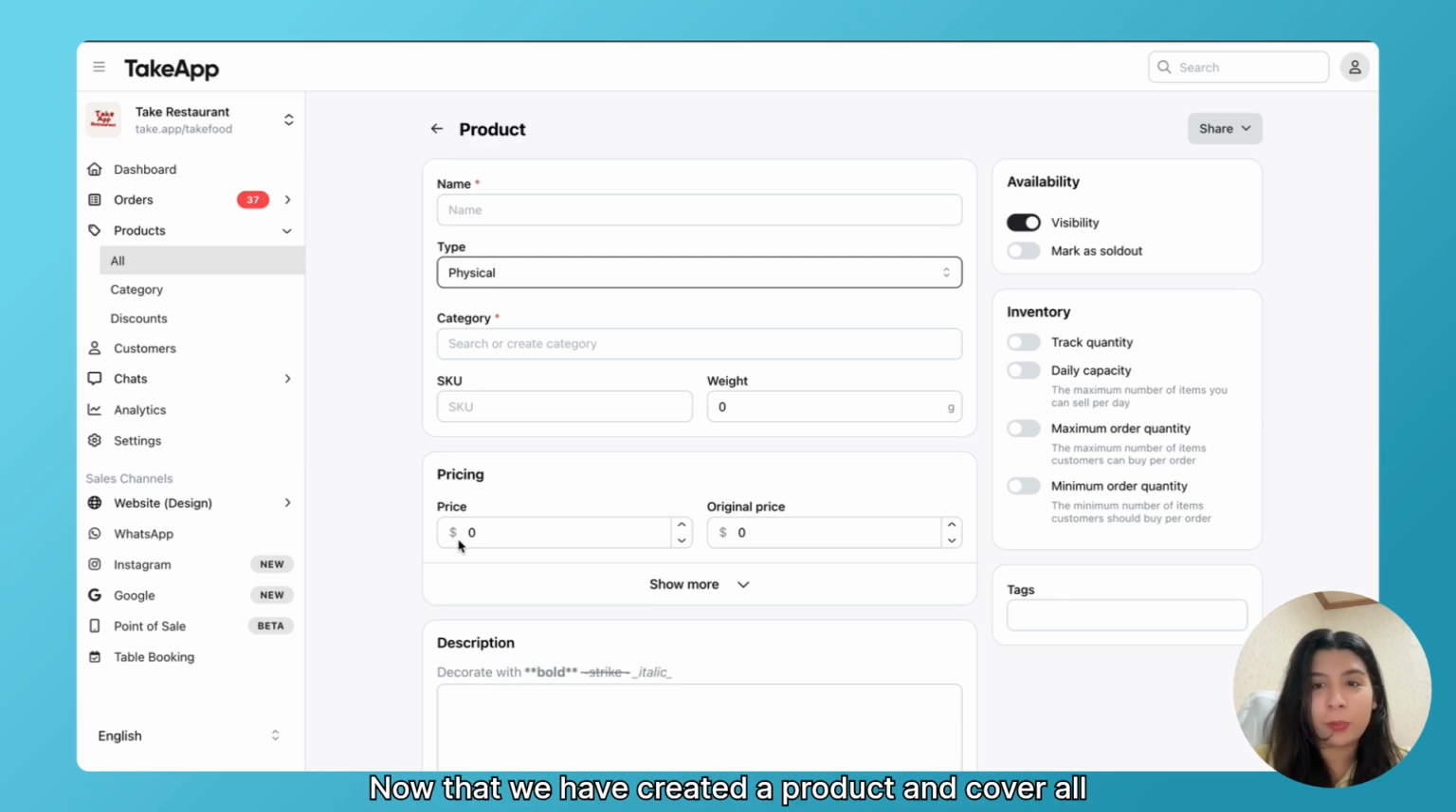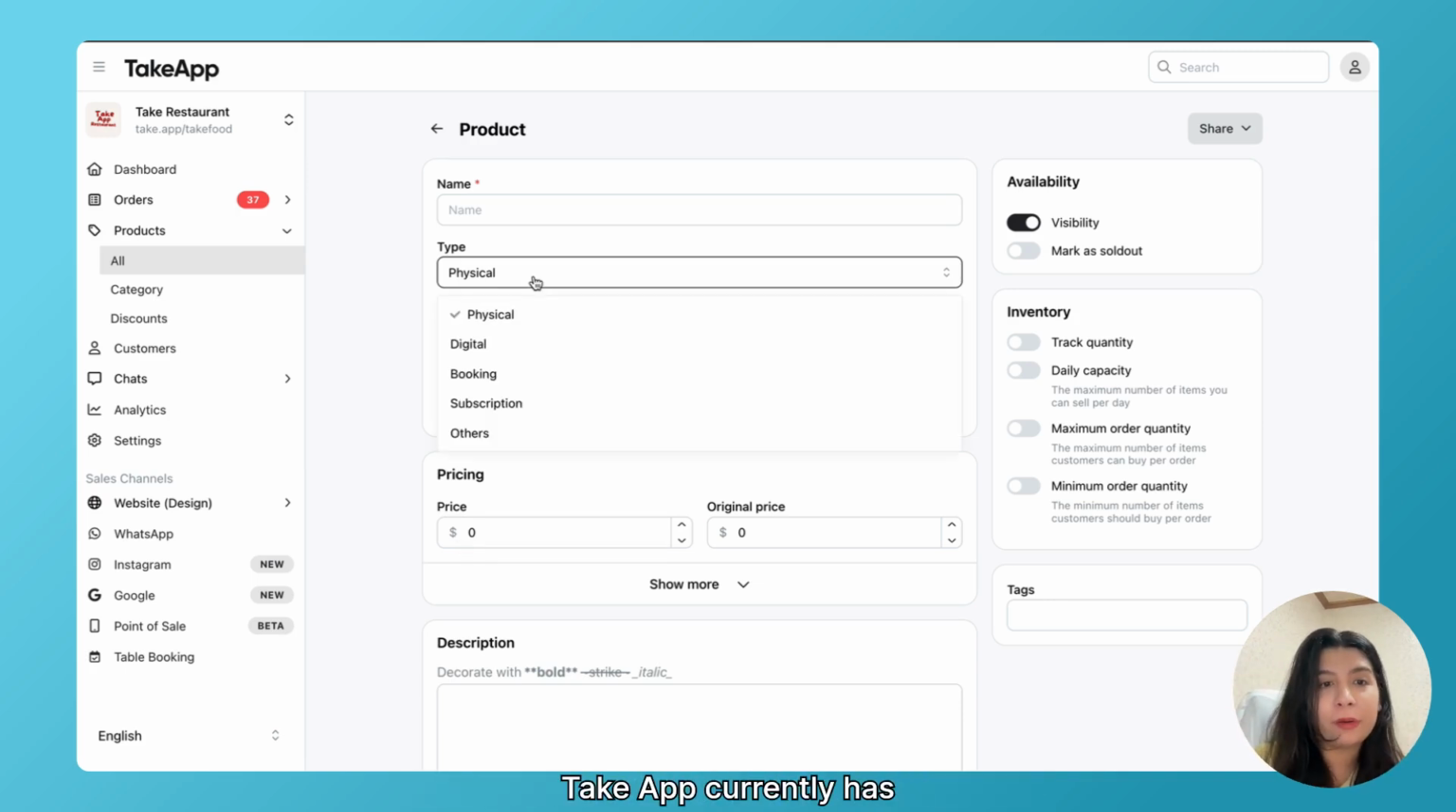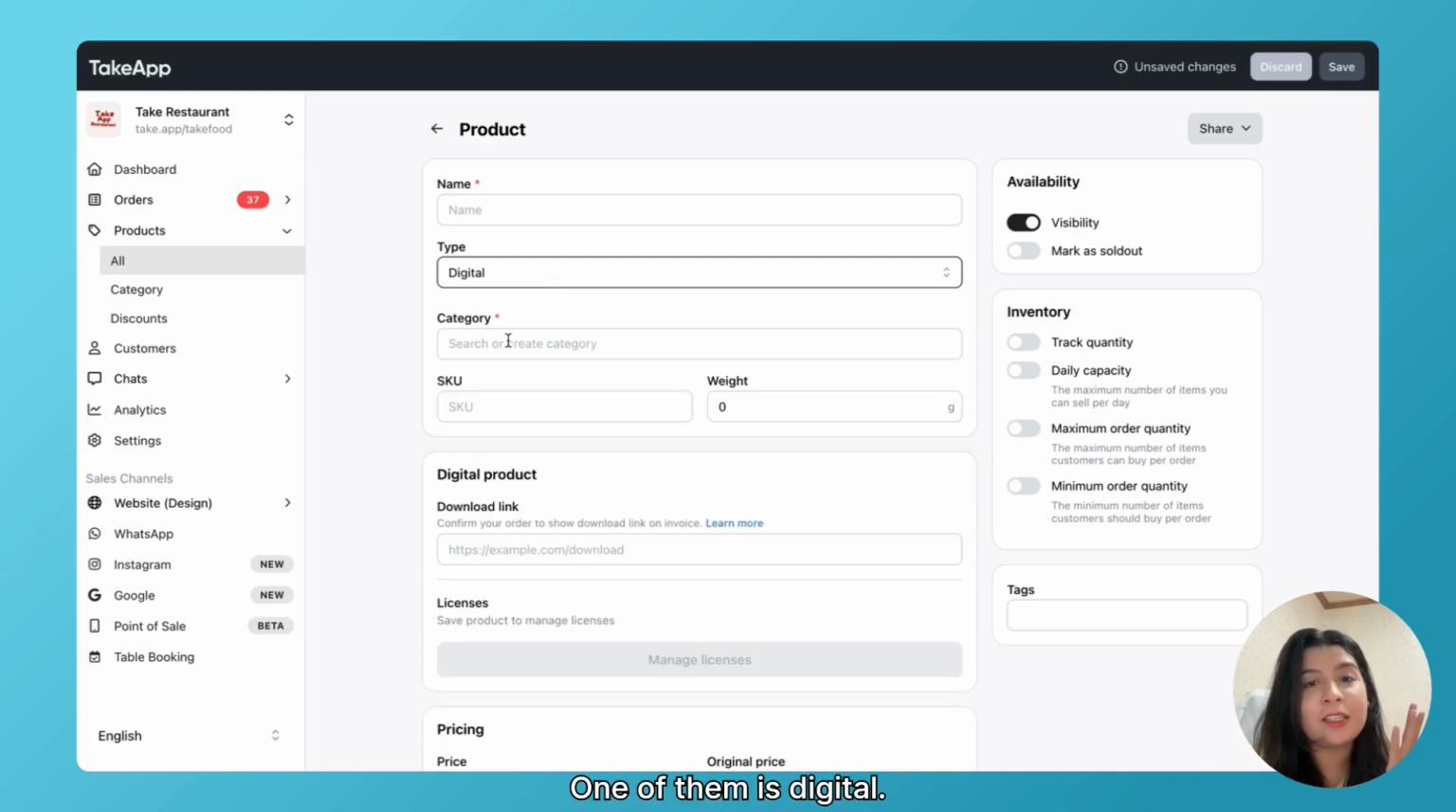Now that we have created a product and covered all the details inside it, let's move on to product types. Product types help you offer different kinds of products or services in the right format. TakeUp currently has 5 product types, and each one is designed for a specific use case. So let's walk through them. One of them is digital. Digital products have 2 types: